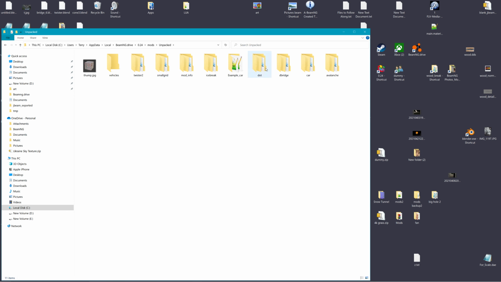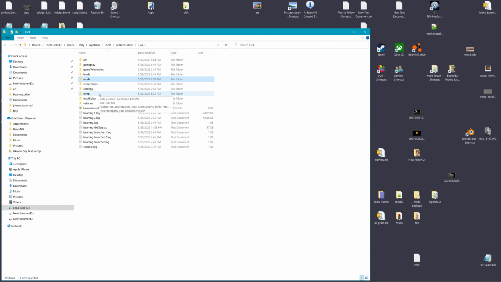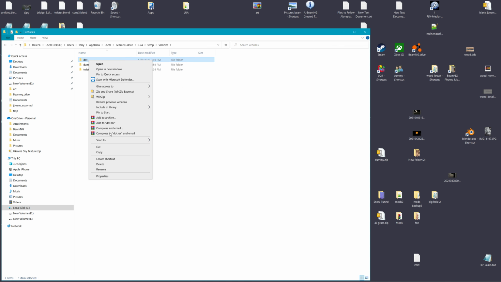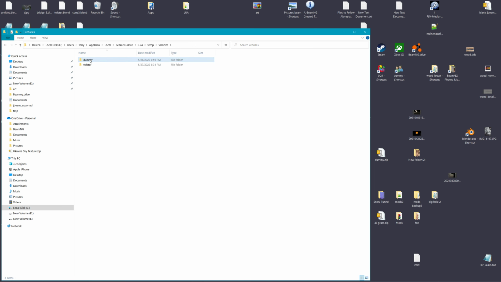I always say if you're going to make a mod, delete the temp folder before you share it. That way you know you're looking at the final version. Because you could be looking at the CDAE and not realize it, and think, oh, I got it right. I got it fixed. But look,